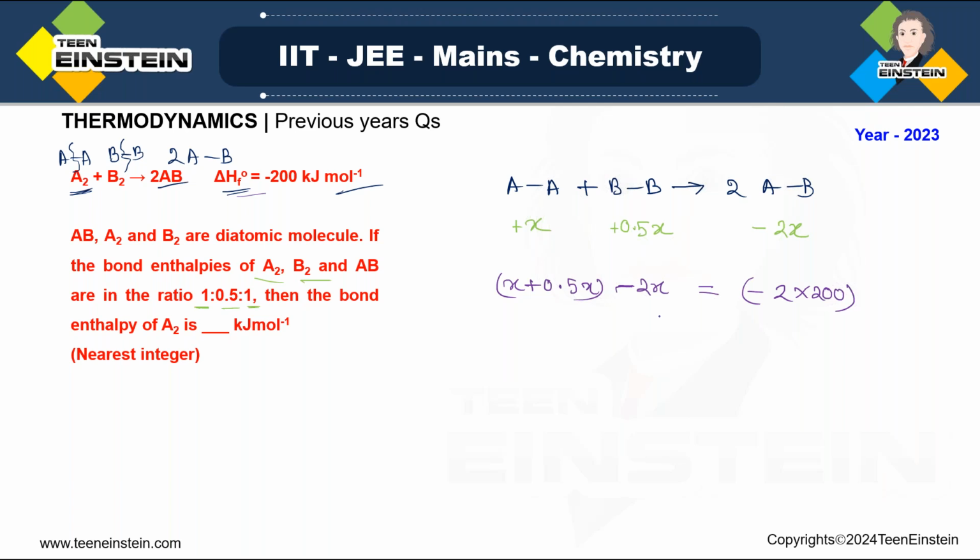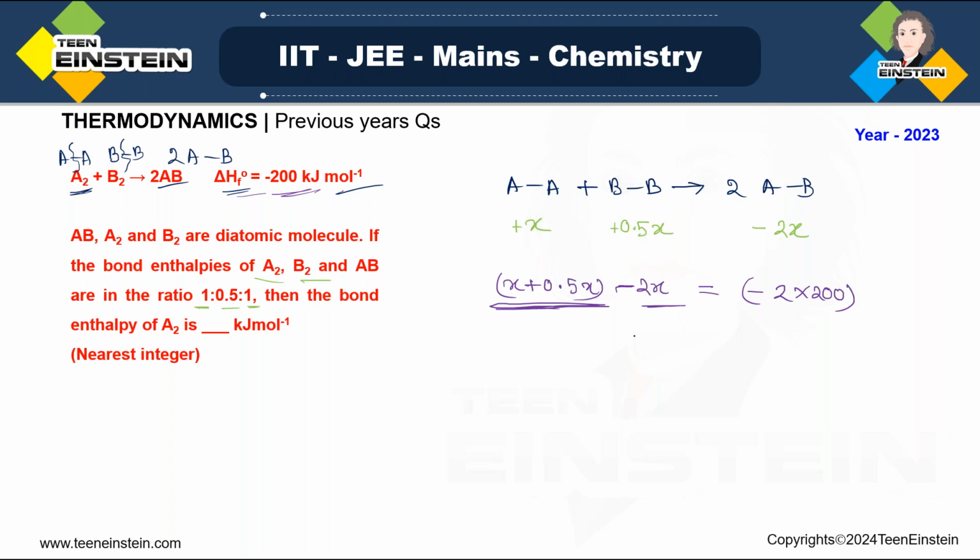But here, as it is mentioned that enthalpy of formation is negative and 2 moles of AB molecules are formed, we will write 2 into 200 and the negative sign is already there. And in this case, you are breaking the AA bond, so this amount of energy we will supply and this amount of energy will be excess. Now this should be the relation between these bond enthalpies of A2, B2, AB with the del HF naught value